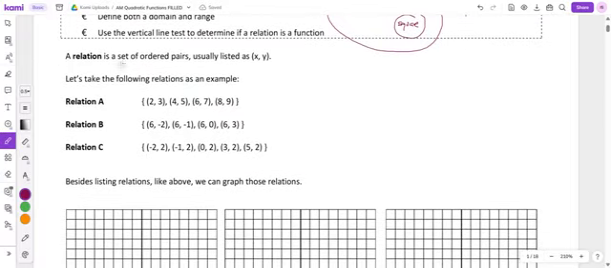So a relation is a set of ordered pairs, usually listed as x comma y. So coordinates. Where do you see coordinates? On a graph. So when you have dots on a graph, any kind of dots, it could be a line with infinite number of dots. That is a relation. A relation is like, how is the x and the y related? Okay, so